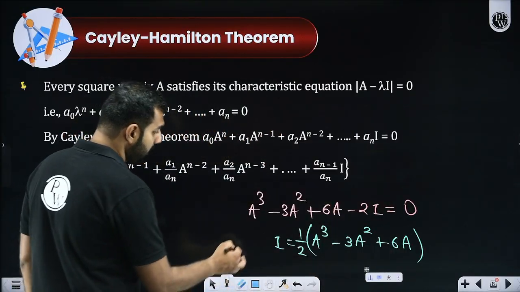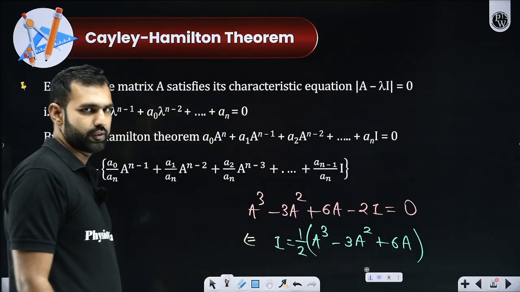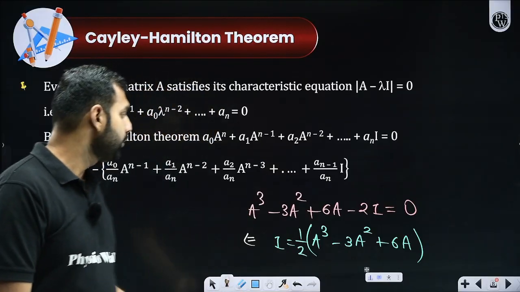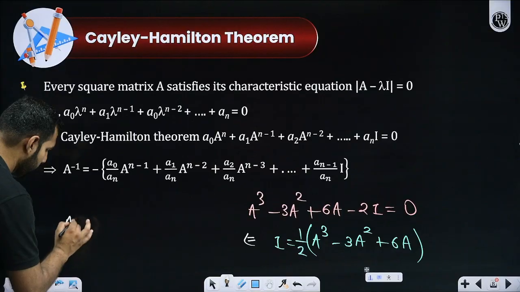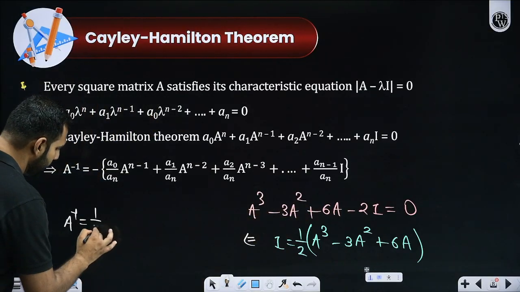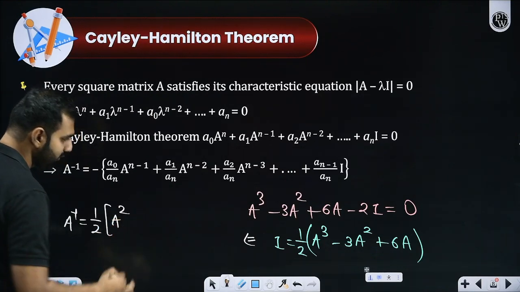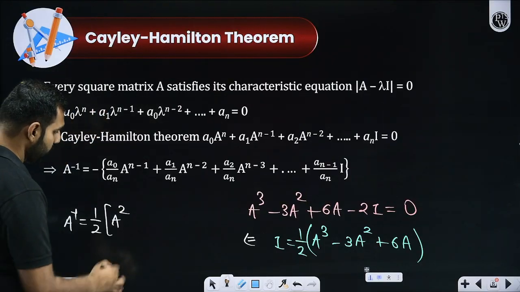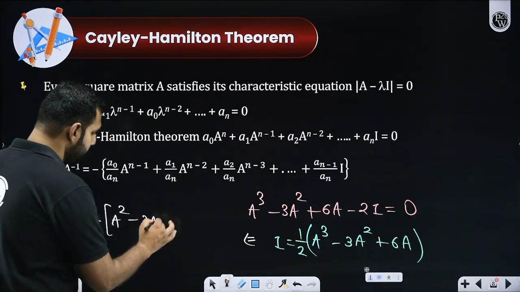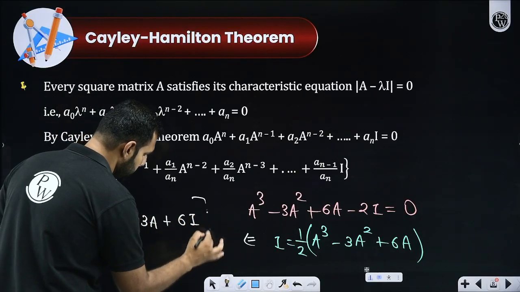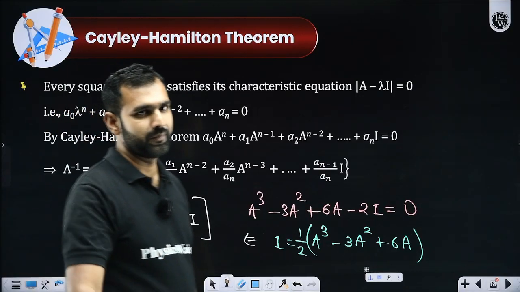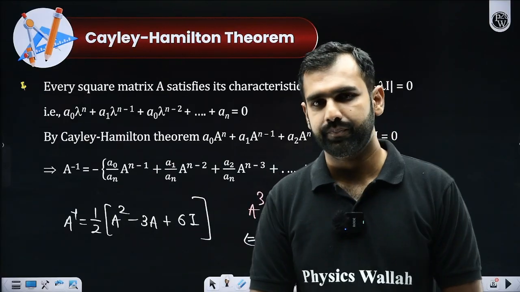Now, to find the inverse here, all I'm going to do is a very simple observation: I'll multiply both sides by A inverse. I'm assuming that A is an invertible matrix, a non-singular matrix. So if I multiply it by A inverse on both sides, what do I get? A inverse into A cubed leaves you with A squared. Getting it or not, everyone? Then 3A squared into A inverse is 3A. Yes or no, everyone? Then you have 6 A inverse into A, that is 6 times the identity matrix. And if you just find the value of this expression, that will give you the inverse of A.